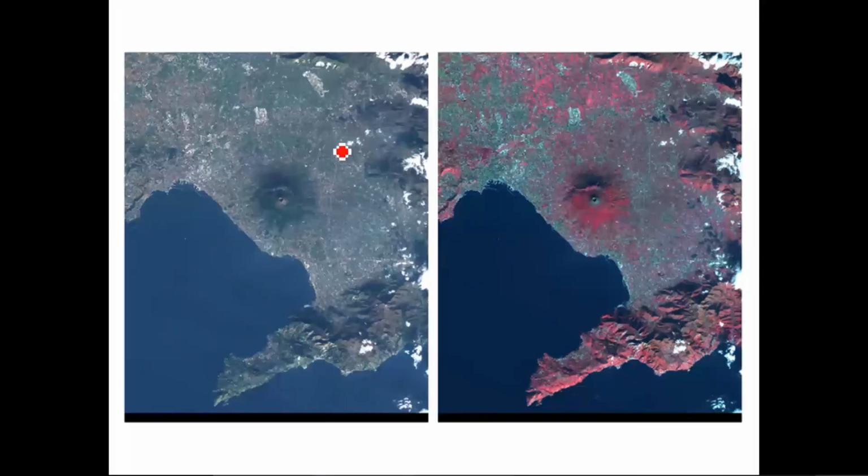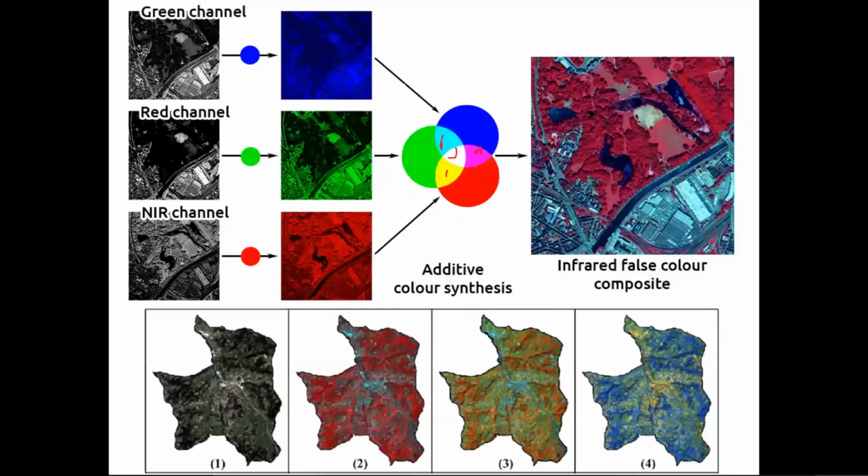You can't say that it is an original image because the data is collected in different bands. Basically, you will get what is called a true color composite. You can generate the true color composite only when you assign the colors in the visible spectrum to the corresponding bands in which the data is collected.